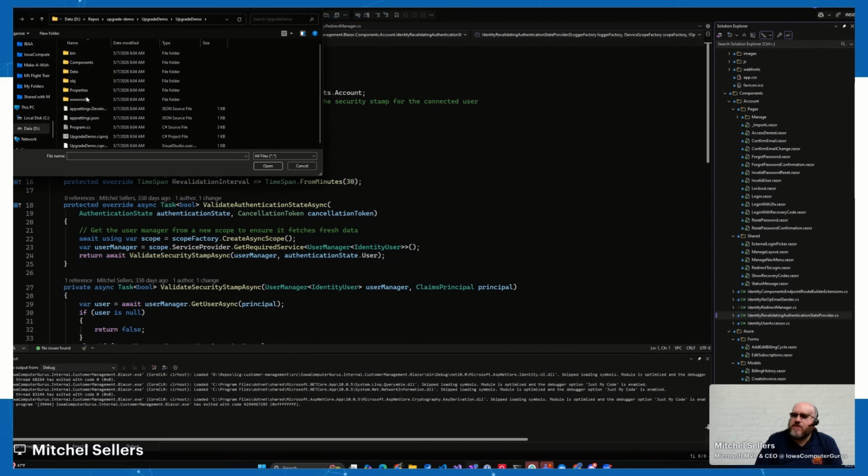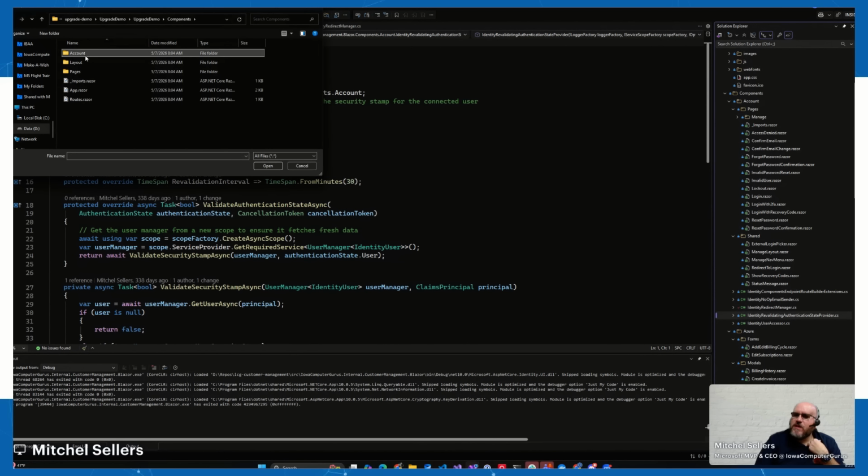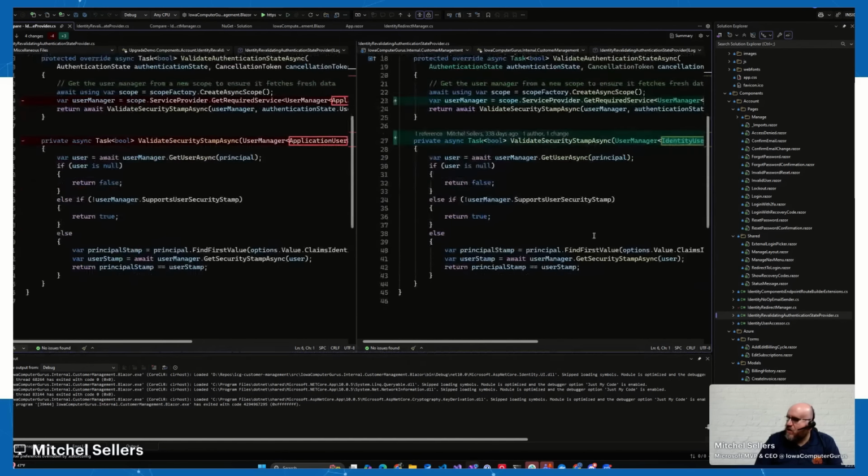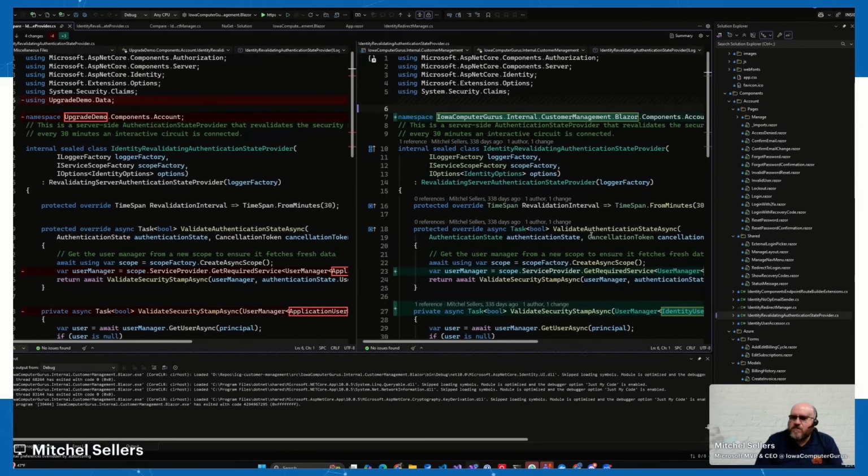So we can do the same thing here. We can go into our components, we can go to our account, and then we can validate that, okay, we don't necessarily have any big differences, right? Our namespace is different, our identity user object is different, but we're the same. So as much as it's great that we use identity, it's amazing that we bring in all of these different things. Sometimes just taking this time to do a side-by-side comparison, quickly look at what's my new project template look